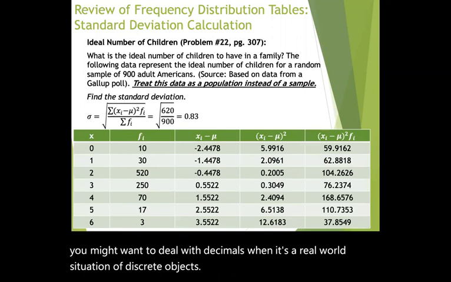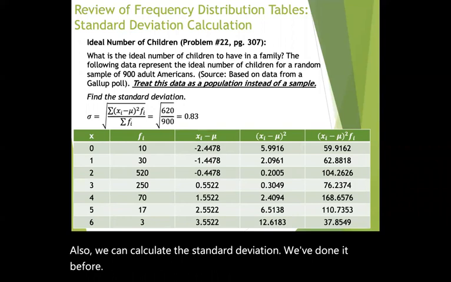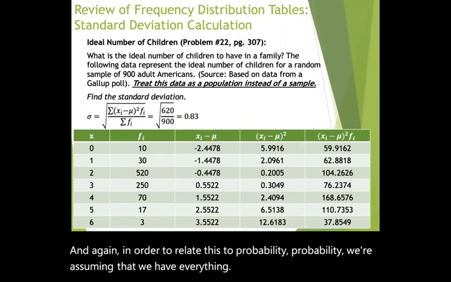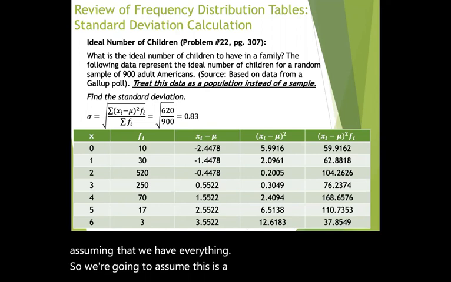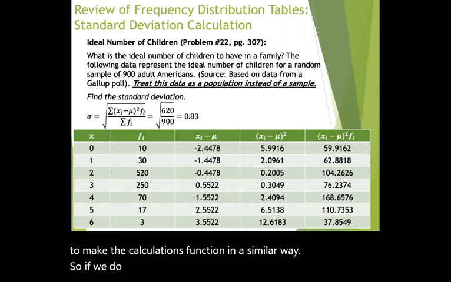Also, we can calculate the standard deviation. We've done it before. And again, in order to relate this to probability, we're assuming that we have everything. So we're going to assume this is a population instead of a sample to make the calculations function in a similar way. So if we do a calculation for the standard deviation for a population, then the following would arise